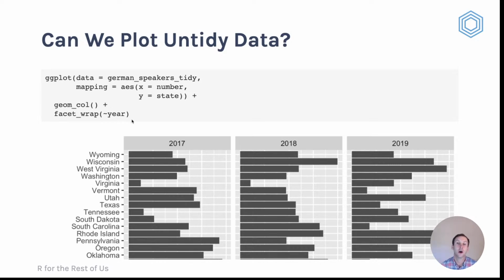So I'm telling it, okay, cool, we're going to make a bar chart with, on the y, we'll have the state. So each state shows up on our y-axis. And then on the x-axis, that will be the number of German speakers in that particular state. We use geom_col, which is a way to make bar charts. And then we use facet wrap to say, make one for 2017, make one for 2018, make one for 2019,